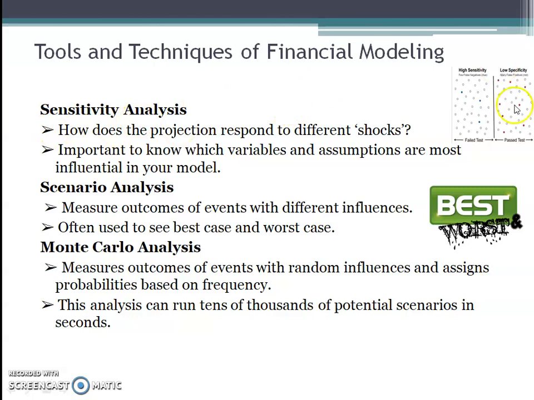Sensitivity analysis, as you can see over here, there is a picture representing high sensitivity and low sensitivity. High sensitivity means that if there is a 0.002% change in the sales, then the profit is going to change by 10%. There is just a minor change in sales, but the profit changes very fast, right? So this is high sensitivity.